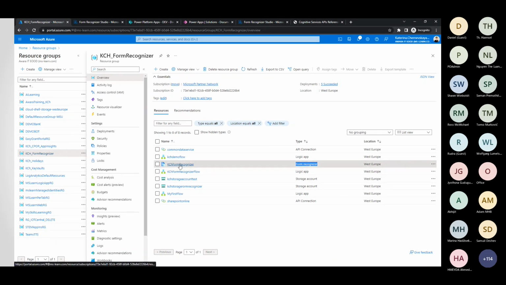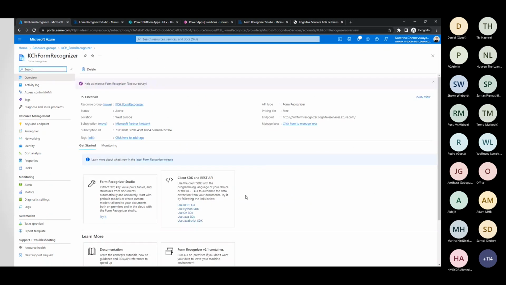created in the past. Once this service has been created for you, you will be able to go to this overview page where you will see information about your service: the price tier, this was my first service, that's why I have the free version here, and information about where this service is located, etc. The main thing for you and for this project that we are going to create now is